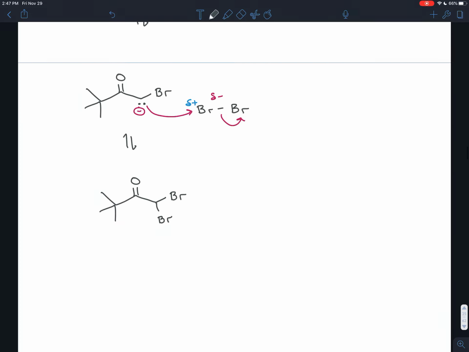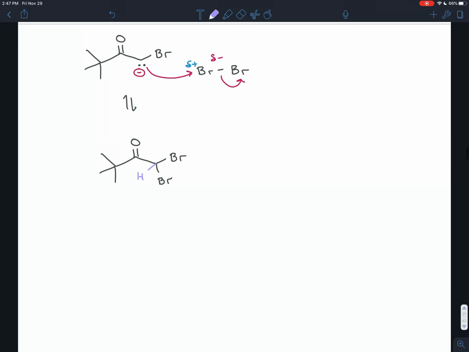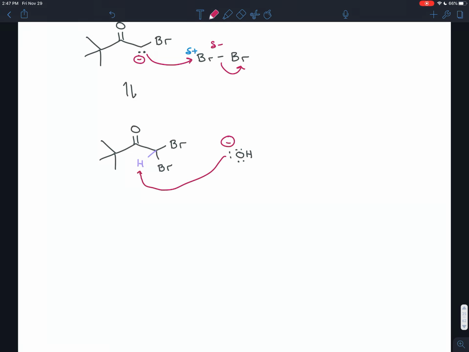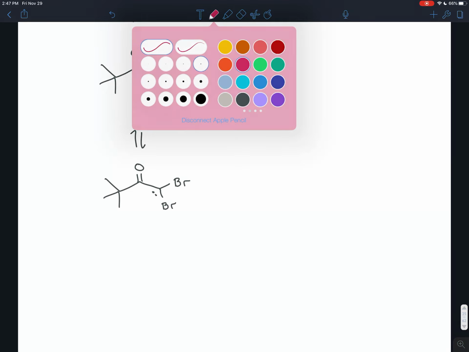Well, that alpha carbon can't stop and won't stop. It is living its best life, getting rid of all these acidic hydrogens. So there's still another hydrogen there. If it's a methyl group, then it has 3 hydrogens on it. So if there's still more hydroxide in the solution, which there is, that hydroxide will act as a base and steal that last acidic hydrogen. And the electrons will go onto the carbon. So we have our carbon nucleophile again,